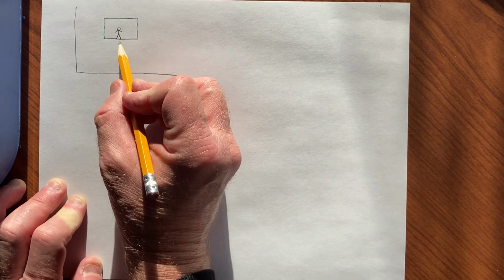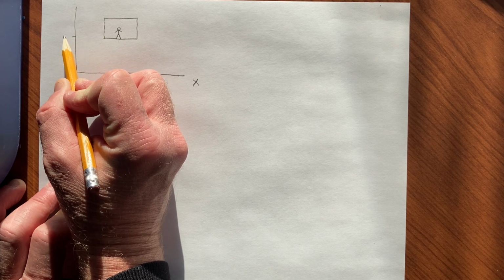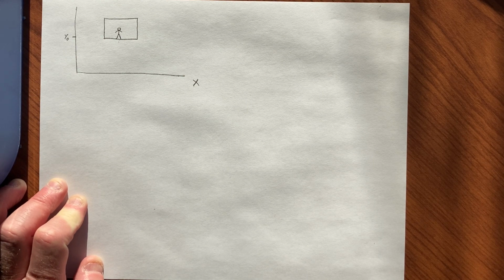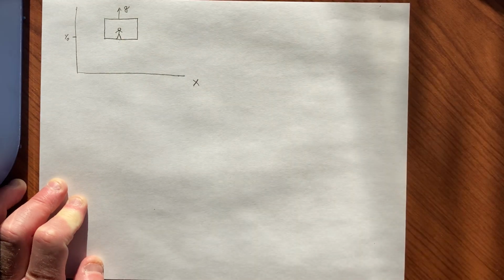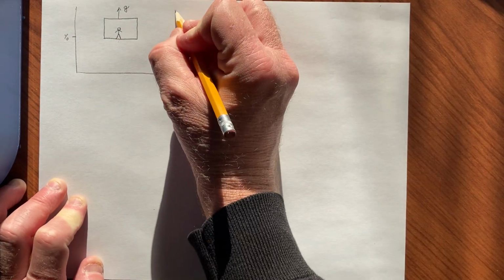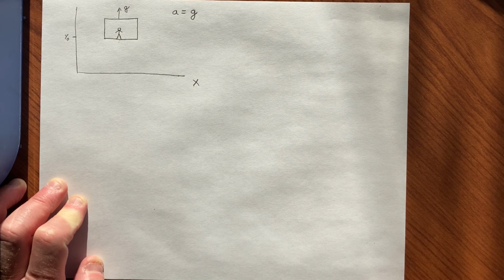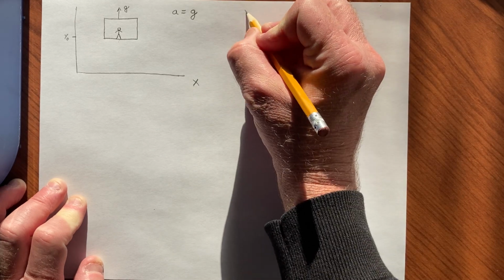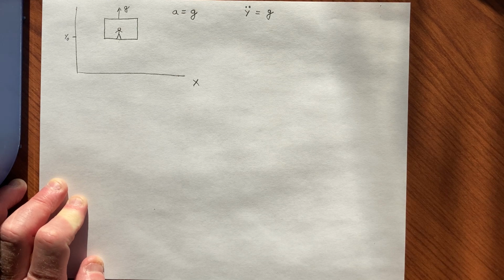It's located somewhere at the x position, the center of the lab here, and the bottom of the lab is at t equals 0 at some value y naught, a vertical coordinate, and the acceleration here is g. So we can say that the acceleration is g, right? It's positive g. The laboratory is accelerating upwards at g. So we can say that the acceleration in the y direction is just equal to g, and